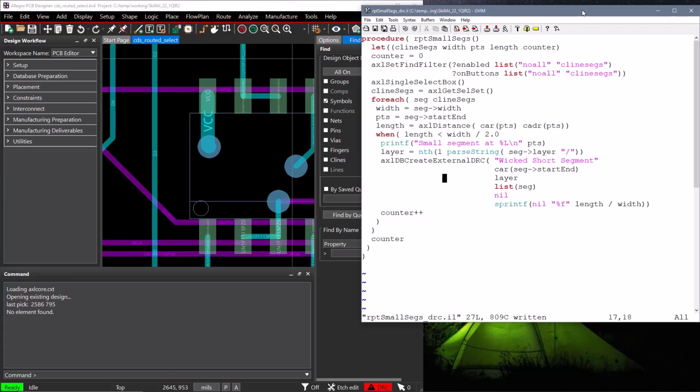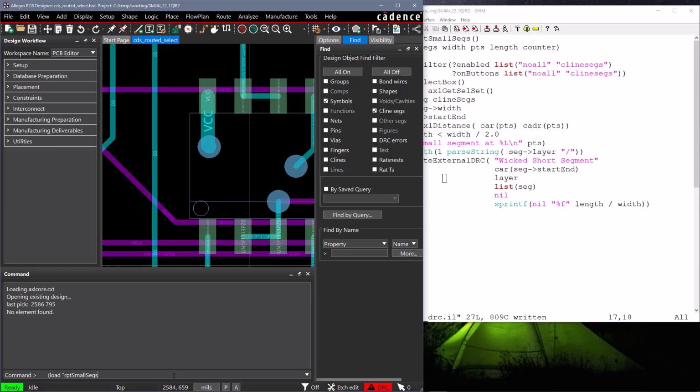The final argument is the actual value of the object, and this will also show up in the showElement window. We'll use the length of the segment divided by the width of the segment for our actual value. So we should get a DRC marker anytime this value is less than 0.5. This does need to be a string, so we'll use the sprintf function to have our floating point number returned as a string. Let's load and run our program, and we notice that one short segment was reported, but we